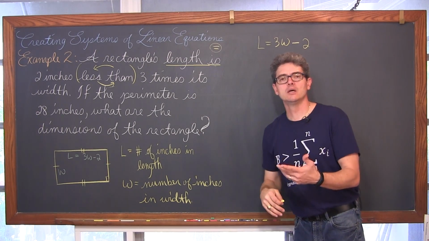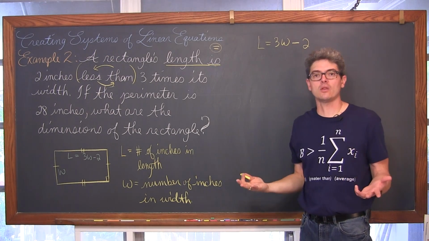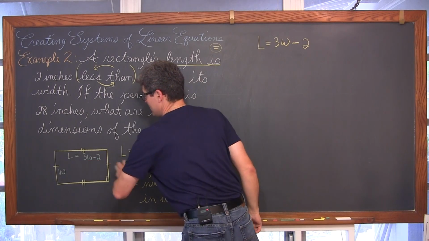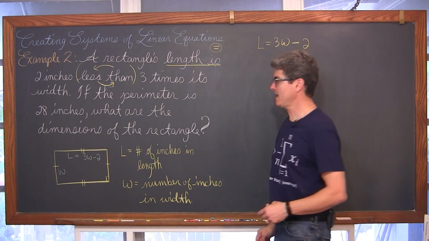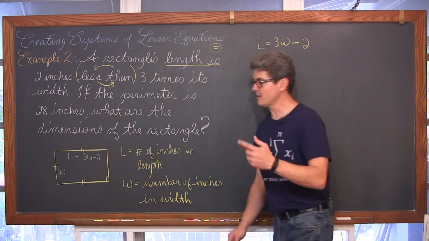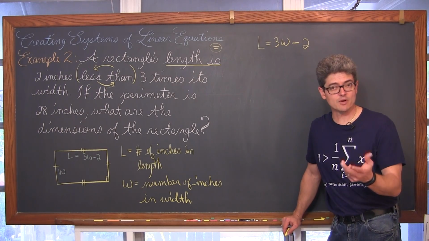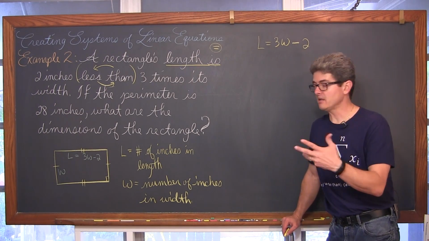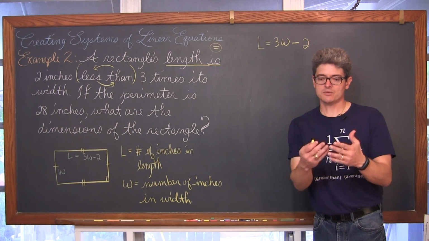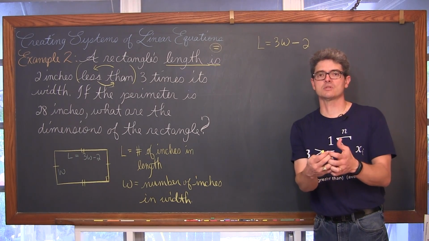Well, what is the perimeter of a polygon? It's just the sum of the outside segments all added together. Now, I have this 3W minus 2 written here, and you might want to just say it's W plus 3W minus 2 plus W plus 3W minus 2, and you would be correct. You'd get an equation with only one variable in it, and you'd be able to immediately go to solving. But we're focusing on getting those two unique equations set up before the substitution has happened.